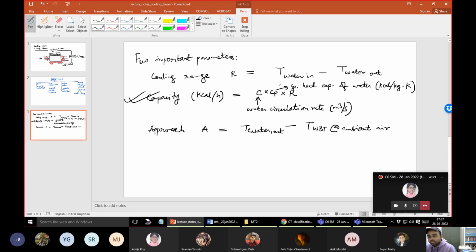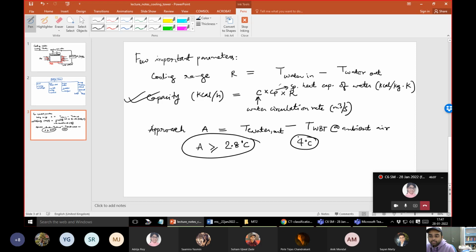So as far as the ASME guidelines or the cooling tower manufacturer guidelines are concerned, it cannot be below 2.8 degrees centigrade. So A has to be more than 2.8 degrees centigrade. For all practical purposes, it is considered that there should be a difference of at least 4 degrees. Now this wet bulb temperature is dependent on the air humidity, right? And you know very well that the air humidity is very different in the winter and in the rainy season, because in the rainy season humidity is very high, and in the winter season humidity is very low.